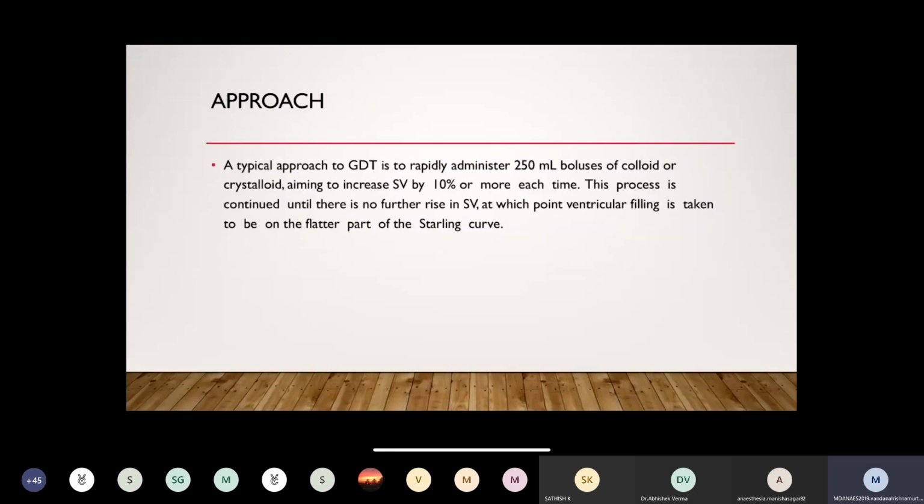Approach. A typical GDT is rapid administration of a 250 ml bolus of colloid or crystalloid, aiming to increase the stroke volume by 10% or more each time. This process is continued until there is no further rise in stroke volume, at which point ventricular filling is taken to be on the flatter part of the Starling's curve. Let's see how we will do it